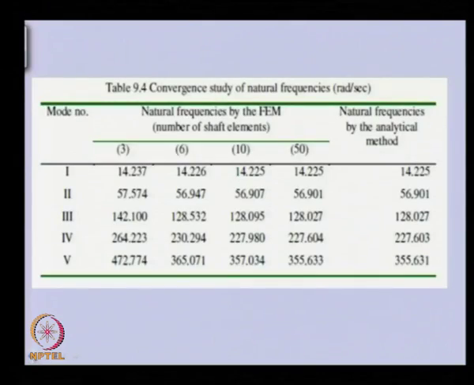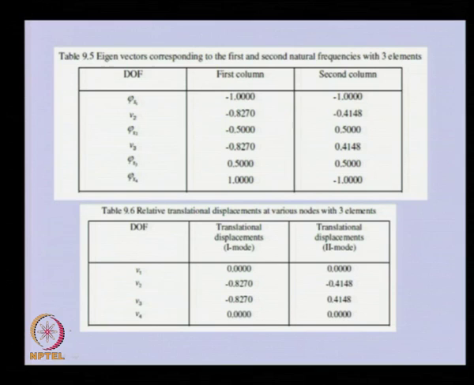Now, once we obtain the natural frequency, let us see how we can get the mode shape. In mode shape, basically, it is the eigenvector, because we will be getting eigenvalue as well as eigenvector if you are using any software for this. So, the eigenvector stacking will be like this. For 3 elements, the size of the eigenvector matrix will be 6 by 6, and the first column of that